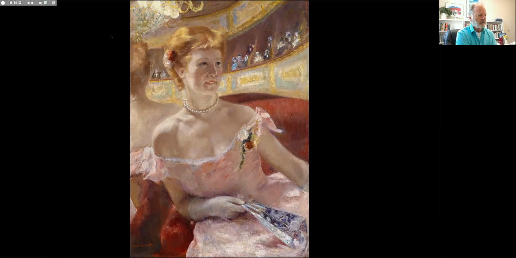And what we see here, which is a bit perplexing perhaps, is the single figure filling the frame in large part. And what we see behind her is all reflected imagery.